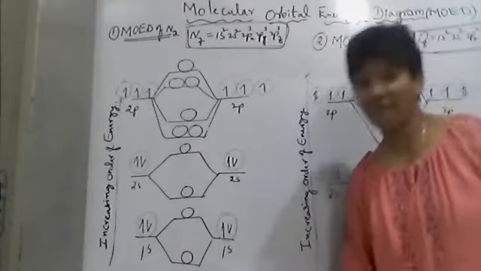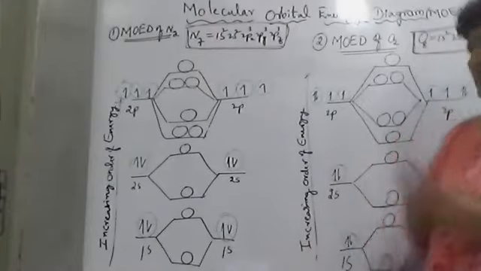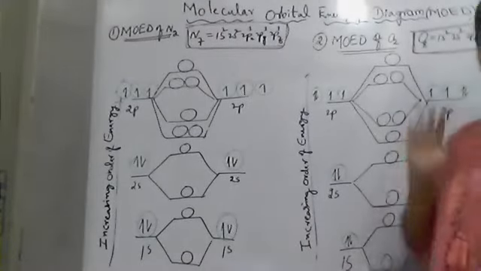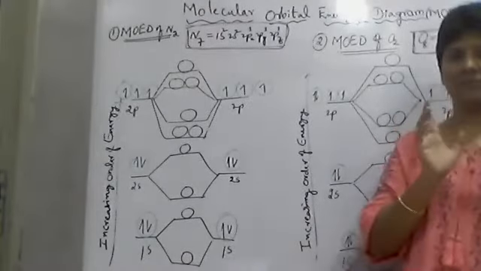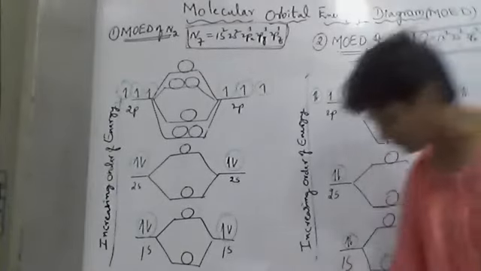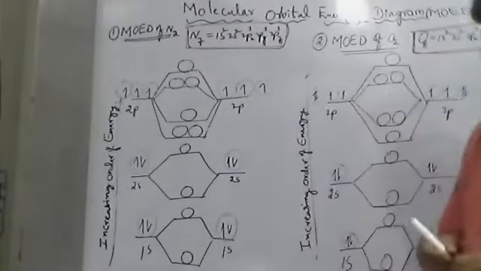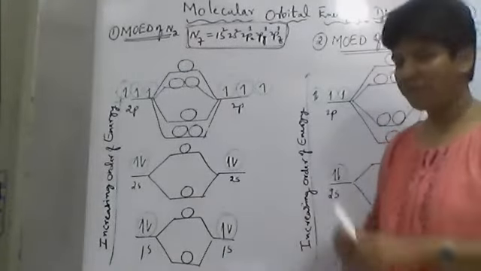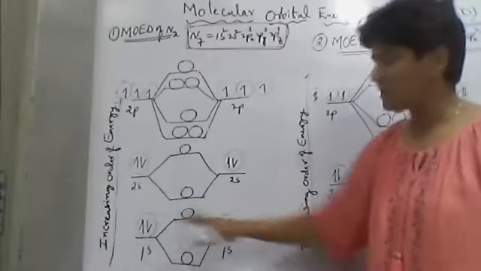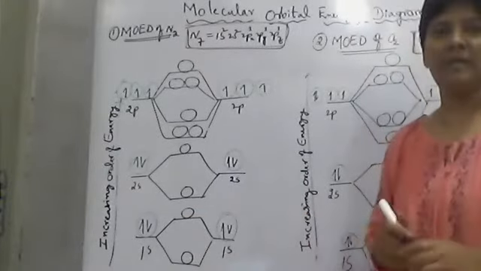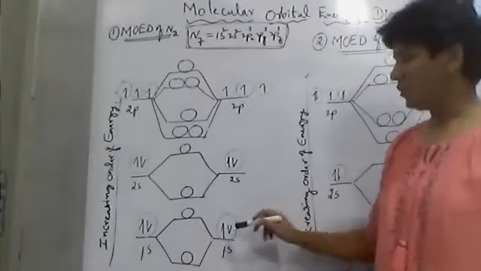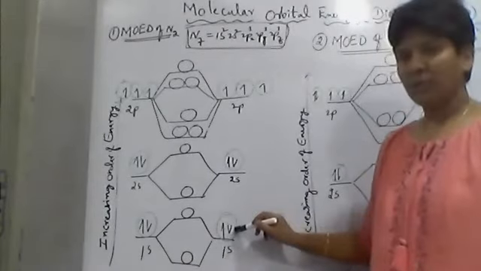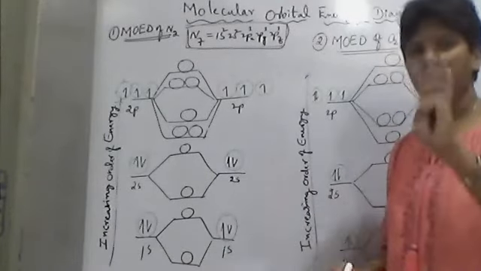So now we have to fill the electrons. It is the same in the case of oxygen also, but with a little change, which I will explain there. See here, first nitrogen, second nitrogen. Now you have to fill the electrons. These two 1s orbitals of the nitrogens are combining. So two electrons here and two there. Total how many? 4 electrons.